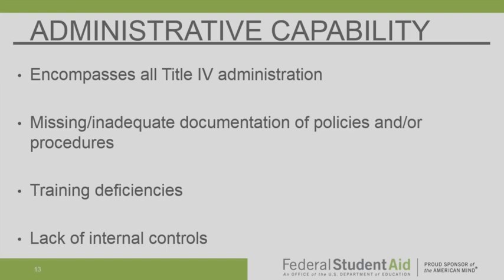So administrative capability, this is sort of a big topic, and it falls into every aspect of what a financial aid administrator does. And so a lot of time we just lump a situation. If we don't have a specific issue, we just say, well, we have a lack of administrative capability. And that's not a mean term. It just means that there may be some internal controls that are not appropriate, or you're missing, you have inadequate policies,